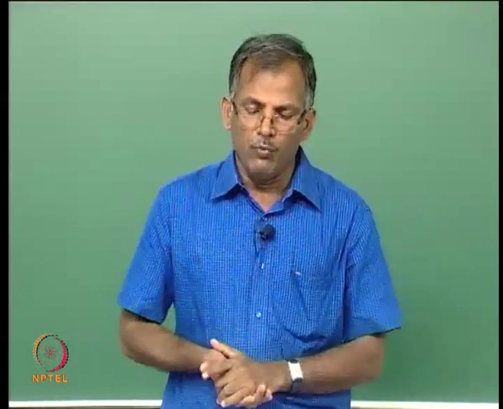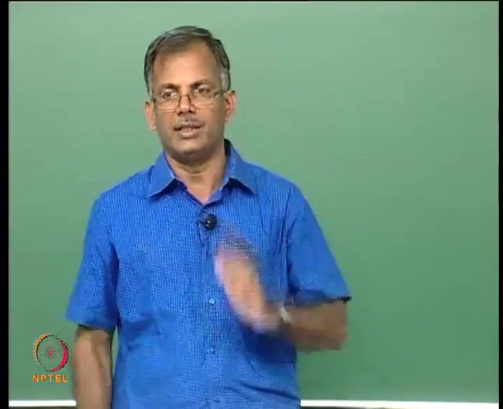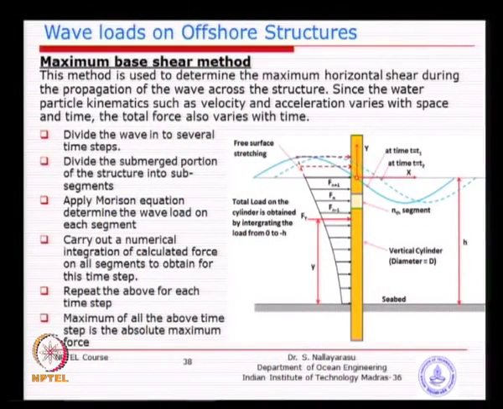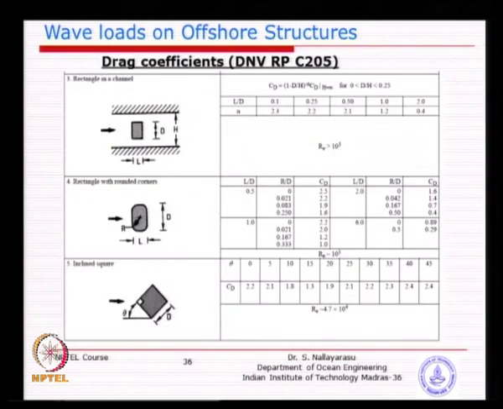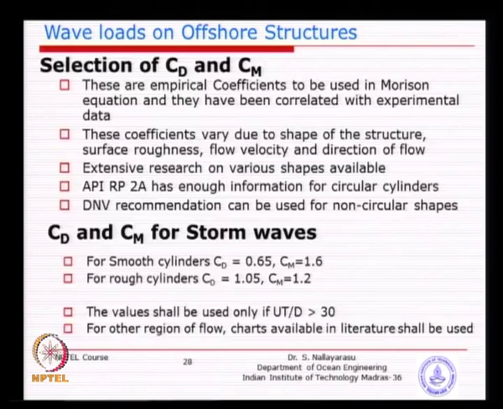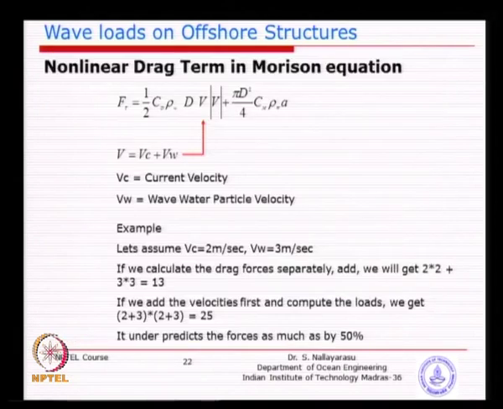Now, we need to see how we can calculate the maximum force on a vertical cylinder. Just see from this picture, we have a vertical cylinder and the wave is progressing in a direction perpendicular to the cylinder axis and just moving continuously. So, at what instant of time maximum force will come needs to be evaluated. So, what we can simply do is take this Morrison equation. CD is a constant, rho w is a constant, D is a constant, V is a variable depending on the location, is it not?